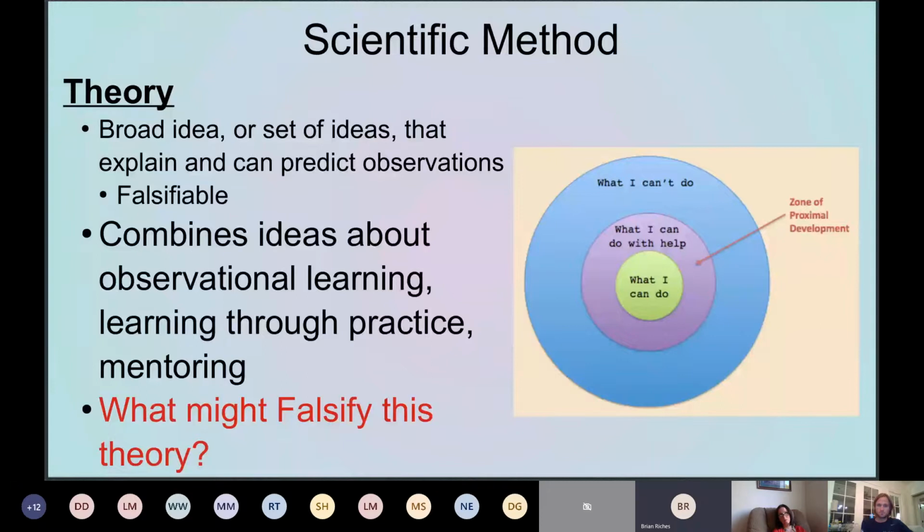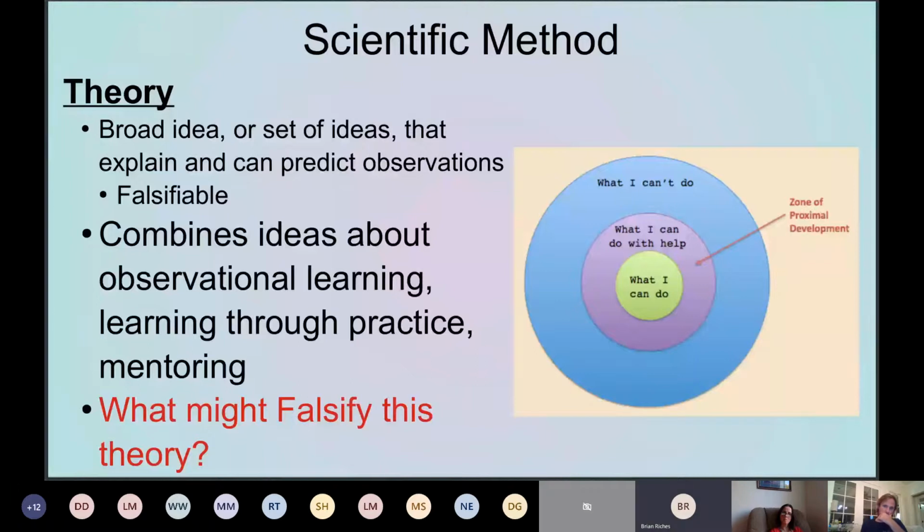Another example is something similar to The Matrix, or I've been watching Smallville recently, and I don't know if anyone's ever seen that, but Superman gets transported to the Fortress of Solitude and gets a bunch of knowledge beamed into his head. So if we saw someone just suddenly one day be able to do and know things without having learned,